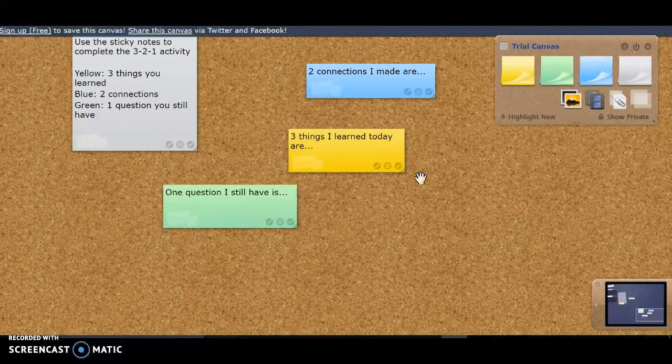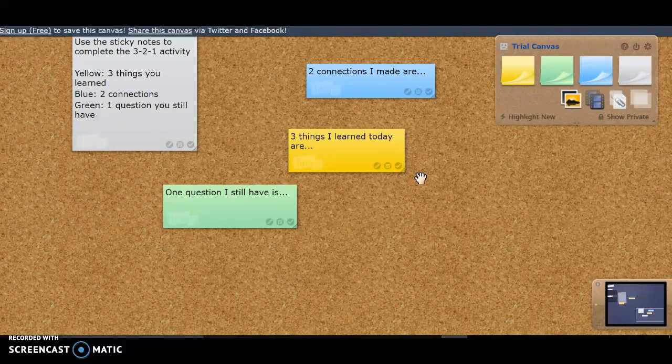Especially in a middle or high school classroom, it can be a scary thing to raise your hand and speak out in front of a class and then immediately have people maybe judging what you're saying. So this is why I decided to use Lino, and I set up just a